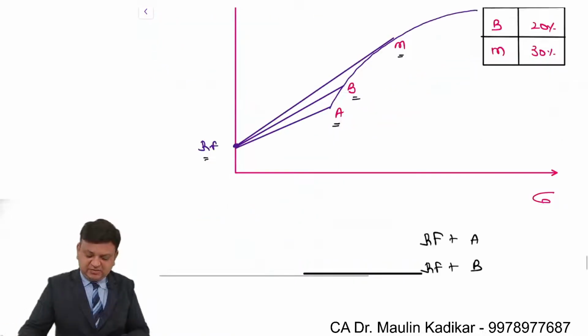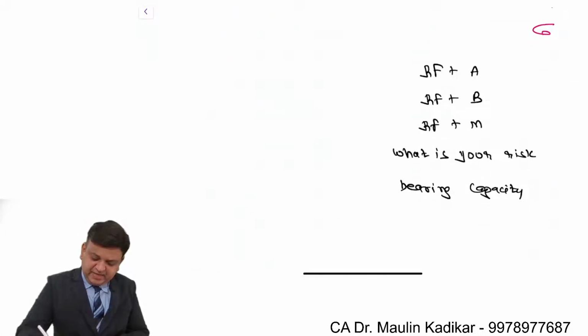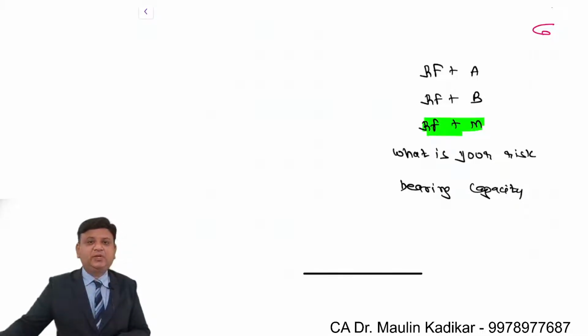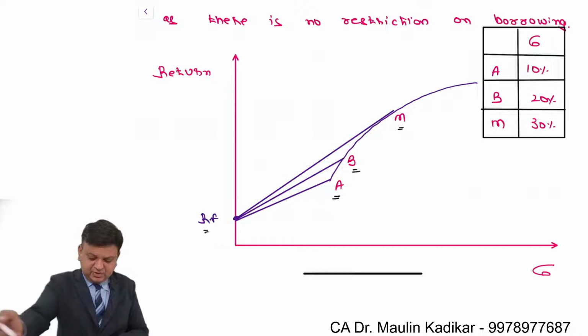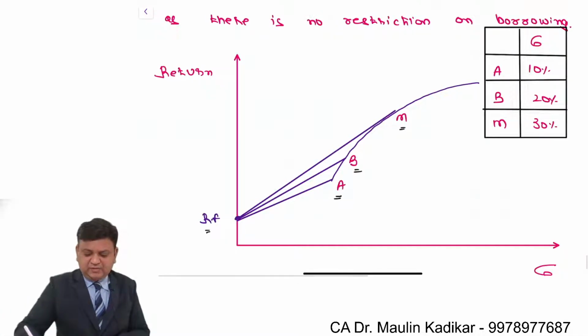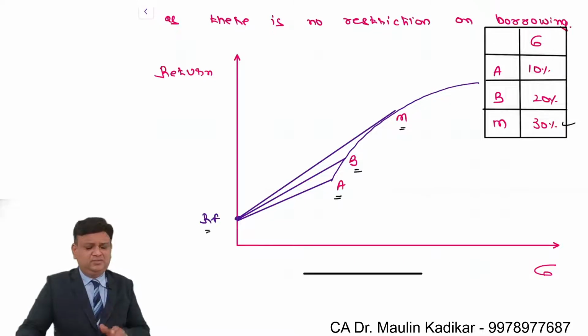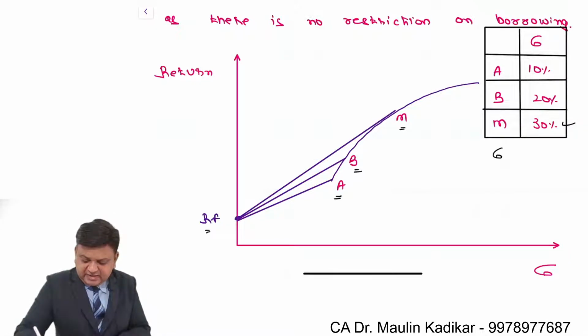Friends, over here, the answer to the question would be that the investor will be advised to make investment in RF plus M irrespective of the risk bearing capacity which the investor has. That is the way we are required to give the answer for the question. Let us understand why it is like this. For that, I am giving some explanation to you. Suppose you have recommended to your client that you should invest in RF plus M, and let us say he says that my risk bearing capacity is, let us say, 5%.